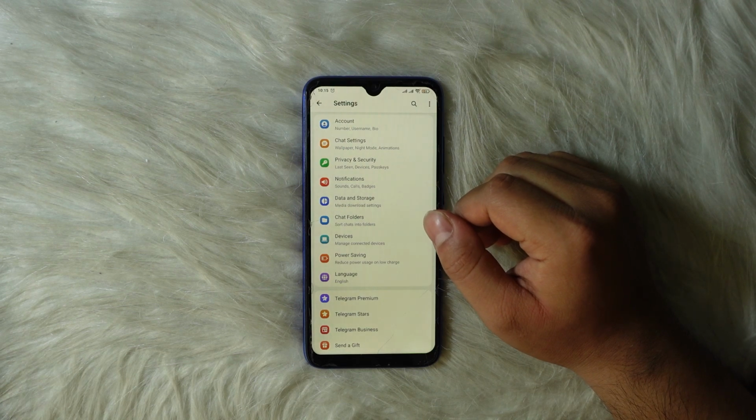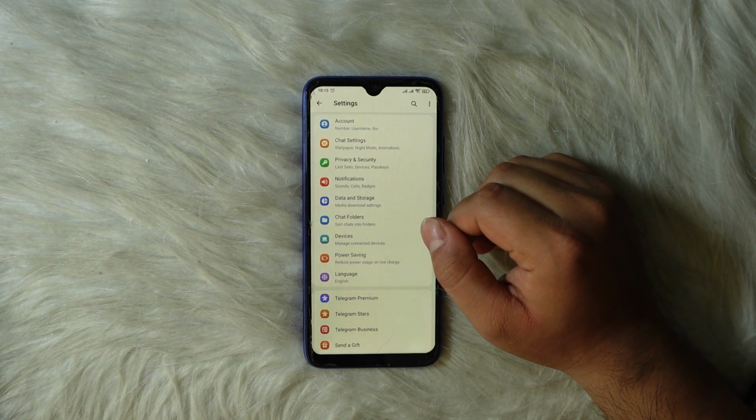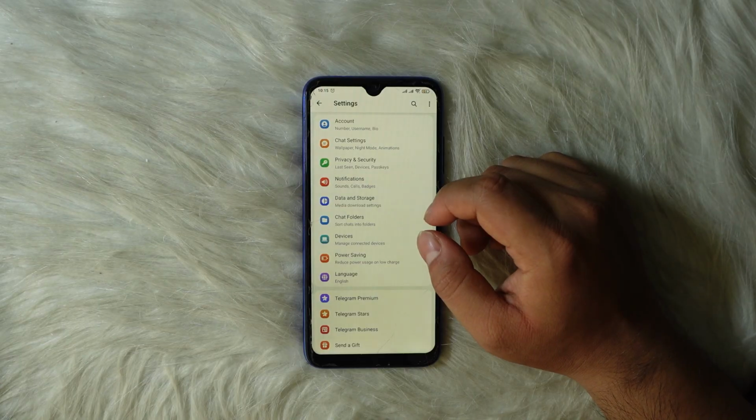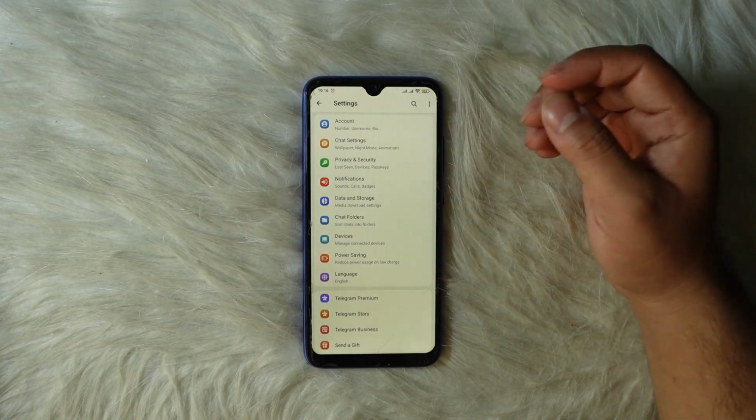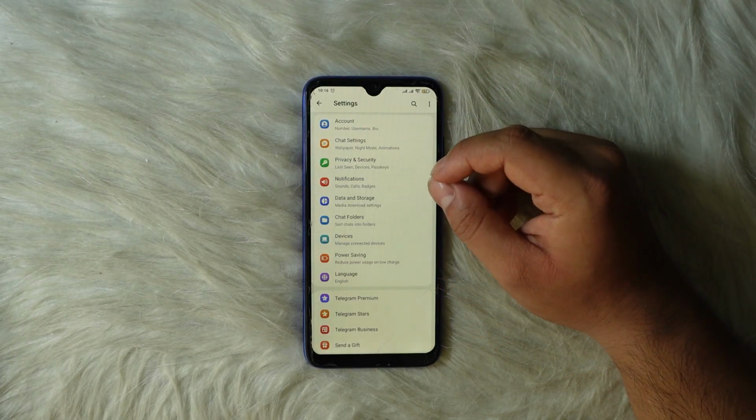Today, let me show you how to fix the Telegram cannot block user. So if you're having issues blocking users within Telegram, in today's video, let me show you a few solutions that you can try out. Now, instead of going to their profile and blocking within the profile, what you can do